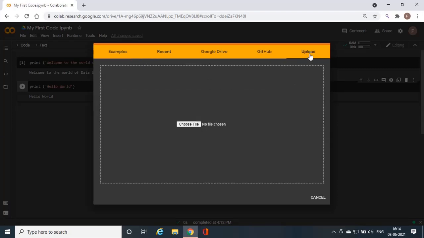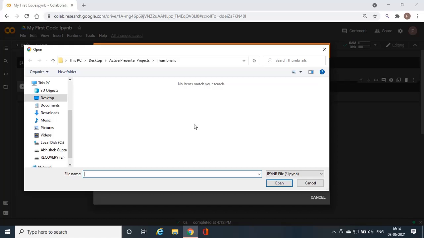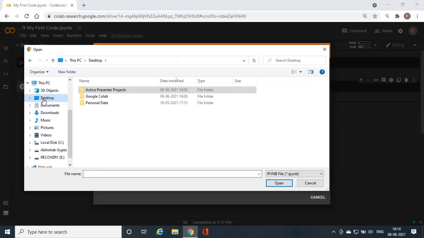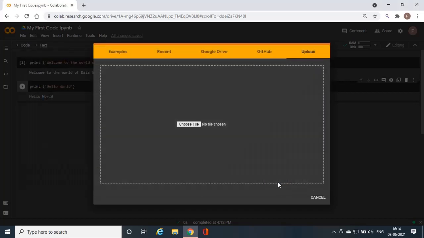Once I click on this upload option, we can see that we have another option which says choose file. I'll click on this. Within this, I'll go to my folder, Google Colab, and I have this file. I'll open this file.